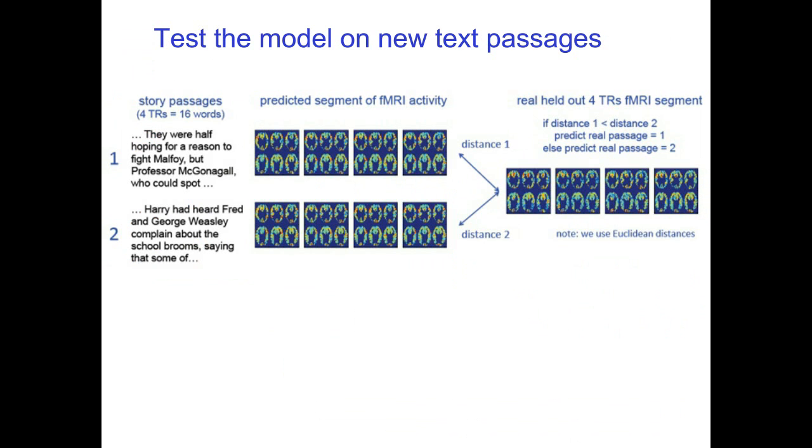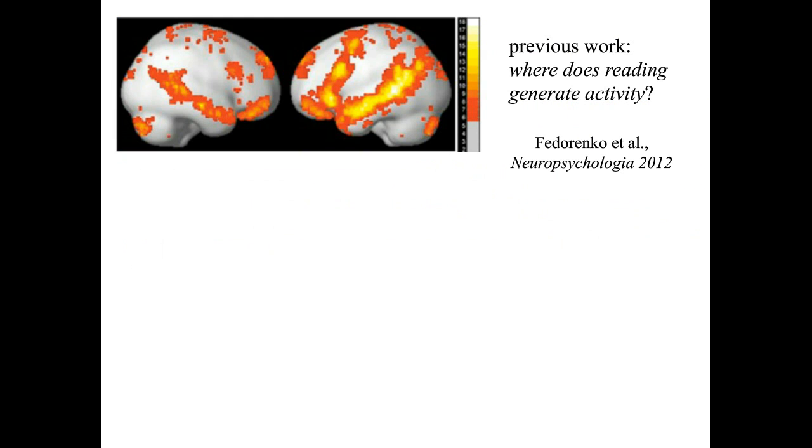Then she tested it by, again, showing it a new sequence of neural activity that it had never seen during training and asking it which of 2 story passages was the person reading. She found her model was successful enough that 3 times out of 4 it could distinguish which of these two new story passages was being read based on the neural activity. And so then this led her to be able to show us which information about the story is being encoded